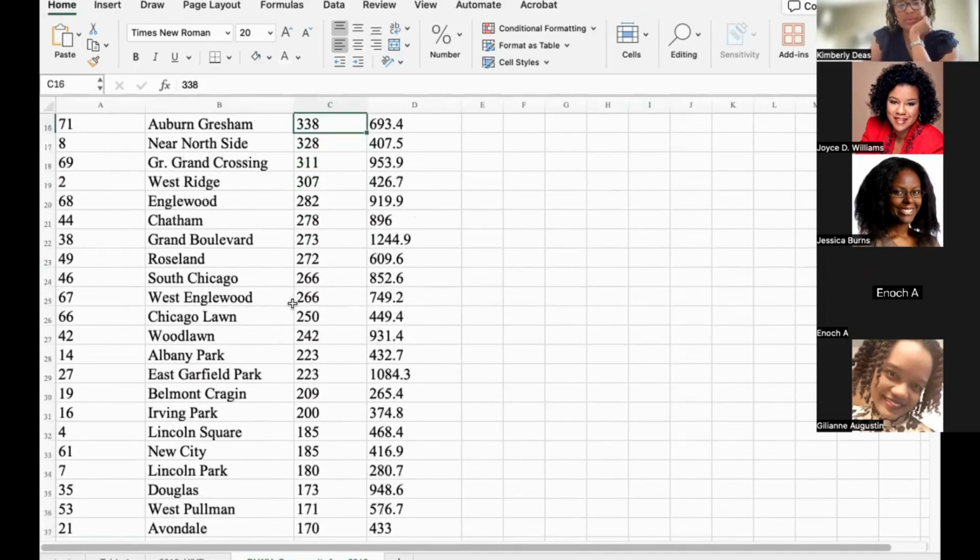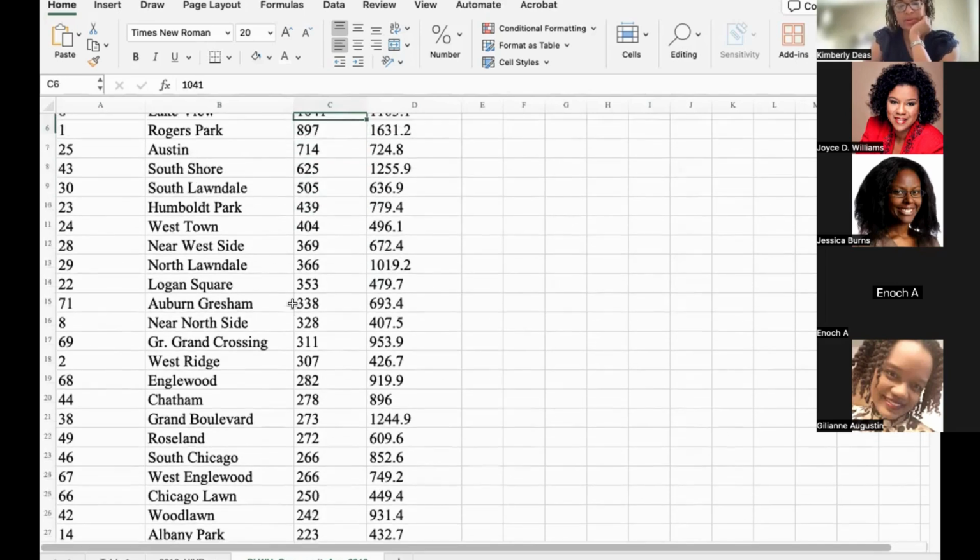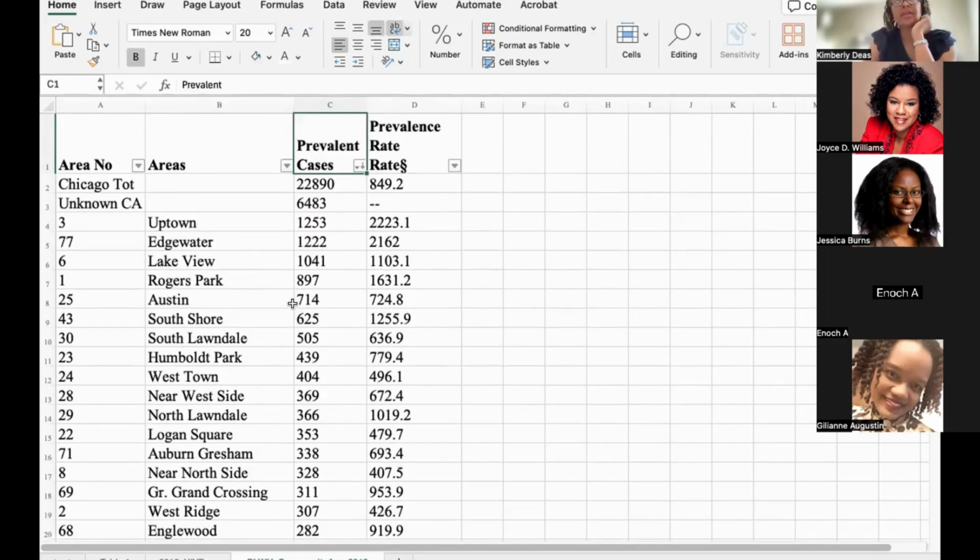I chose to go with actual numbers because I think numbers are more informative, quite frankly. A lot of times there's nothing wrong with dealing with rates. The problem is that the people that work at community-based organizations that work with HIV are not statisticians, and they won't know that prevalence rate can mean something very different than the actual number. So I always go with cases versus rates.